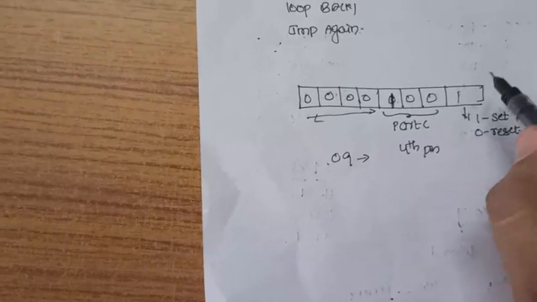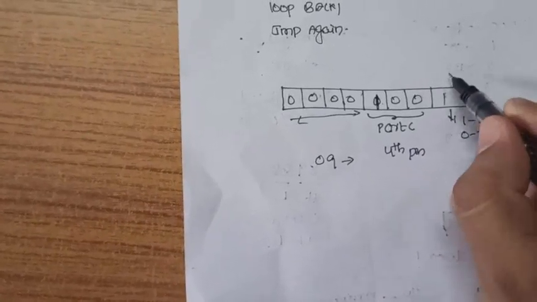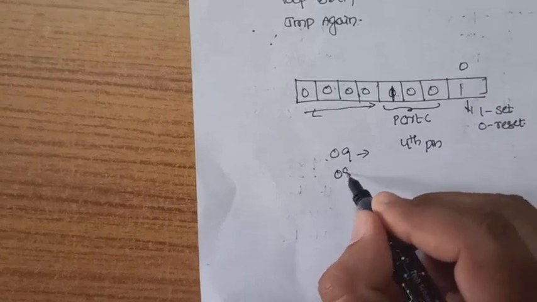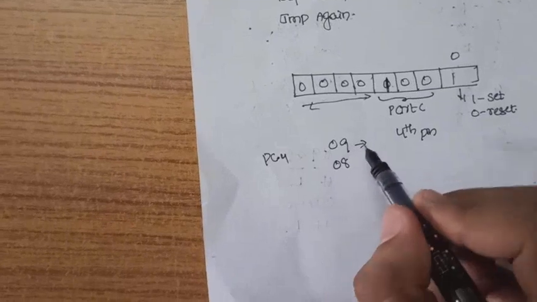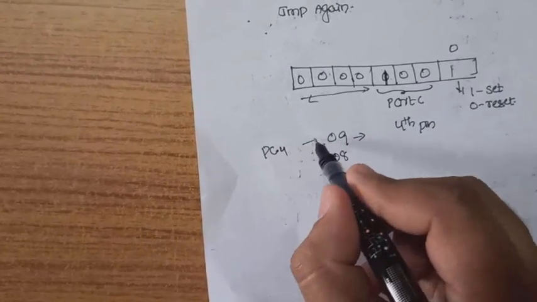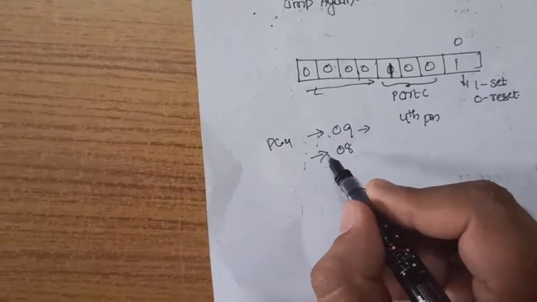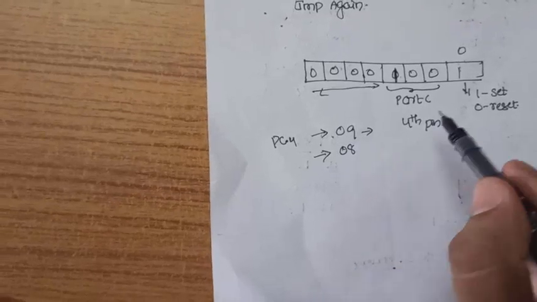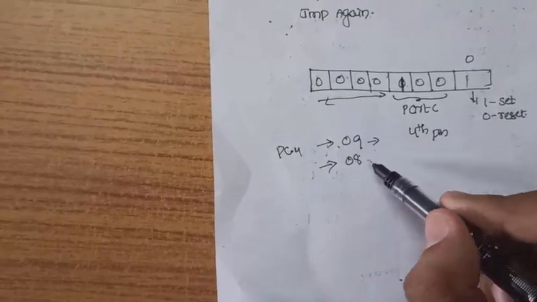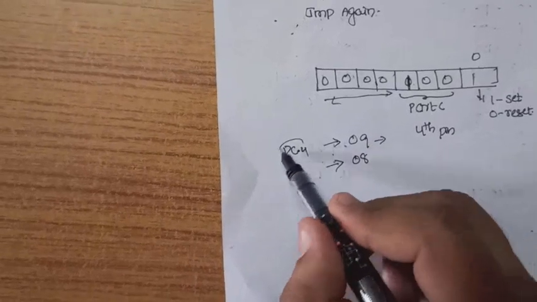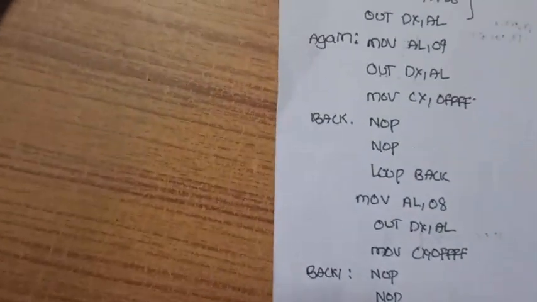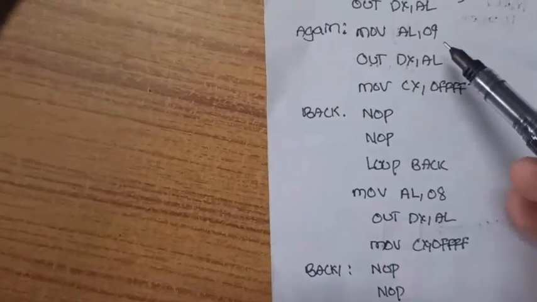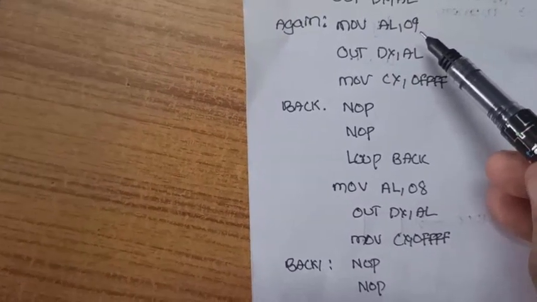And if you want to reset, I am going to reset the same pin by giving this last bit as 0, means 08, for port C pin 4. So I can set or reset: for setting 09, for resetting 08. By using these commands in the program I can set or reset this PC4, and from that pin we are going to observe the output waveform. So observe the logic. First of all, I have set that port C4 pin using move AL comma 09,